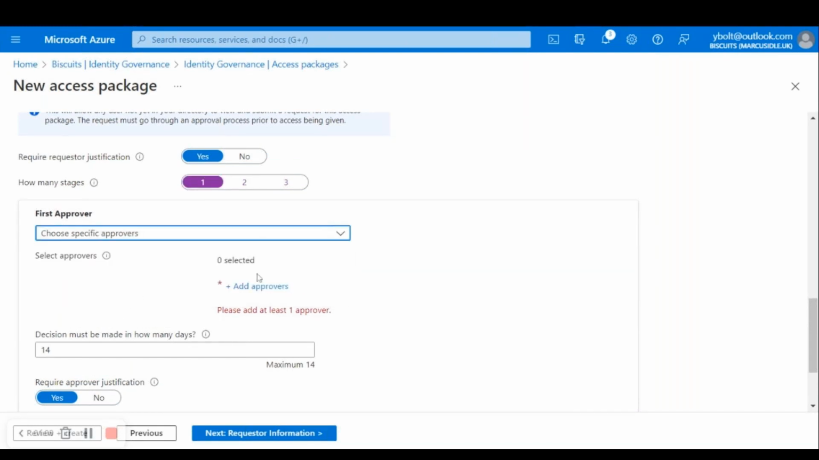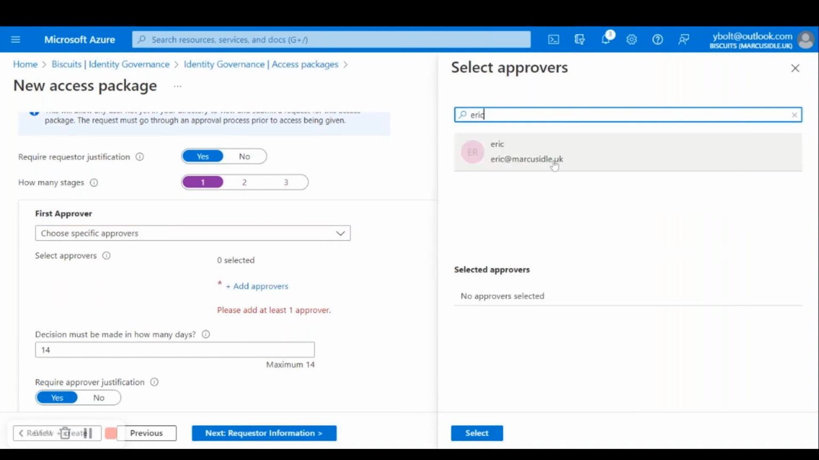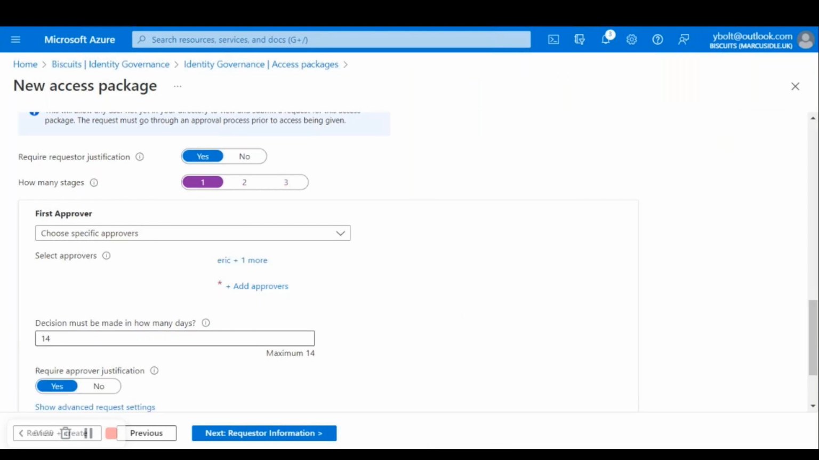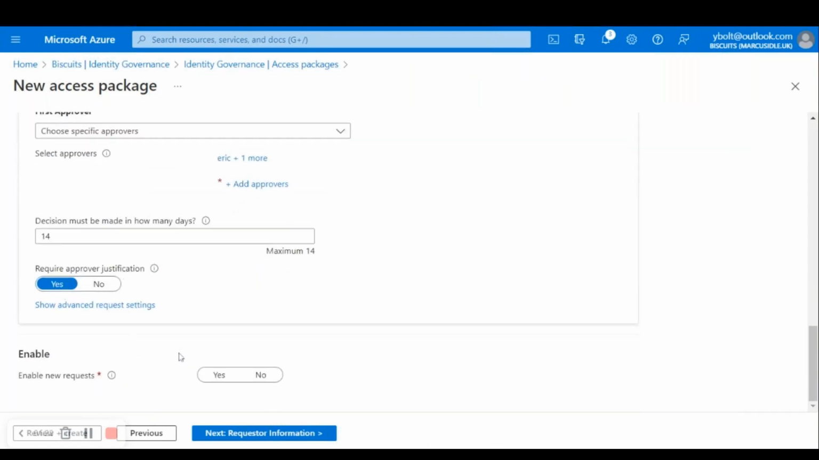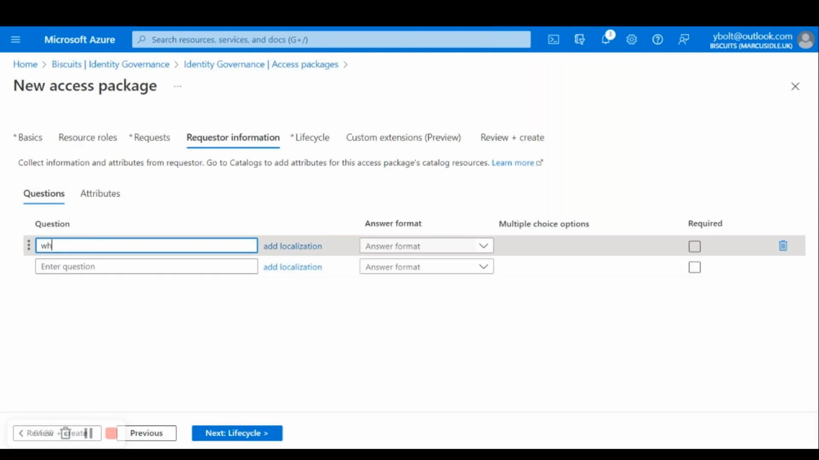In this case, we have to have an approver if it's available to all. So we have to select one here. Or as you could see, we've got different options: organizational sponsors, managers, resource owners, and so on. This one just turns it on. And the next section here is we can ask questions of the potential external users